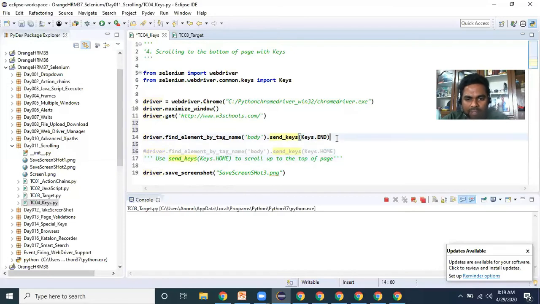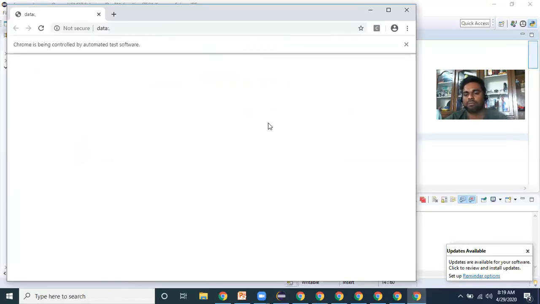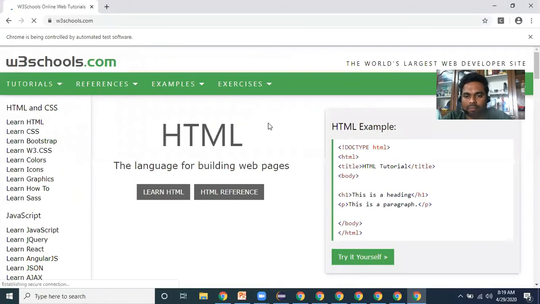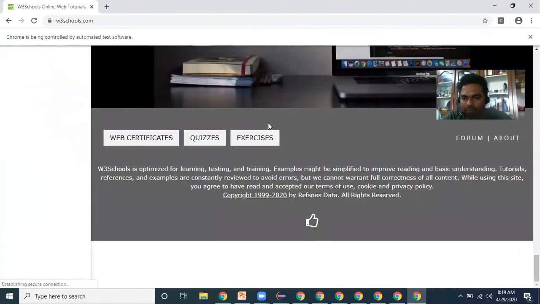and after that, we will see one more trial and error. So just let me run this one. See, the web page is scrolled completely to the bottom of the page.